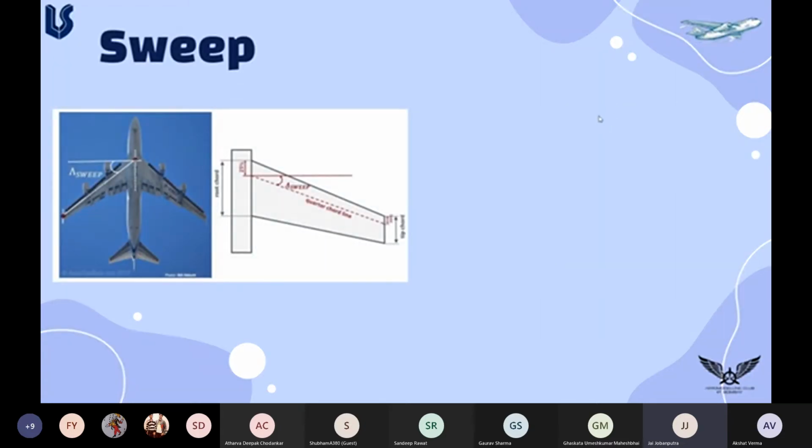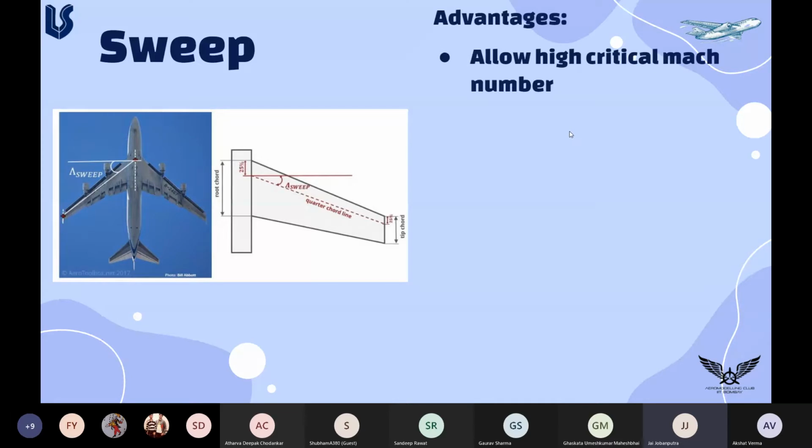sweep. This is a pretty common thing in both RC planes and big aircraft. Sweep is something which I particularly don't like using in RC planes, but don't take my word for that. The advantages of sweep are simple. It's mostly for higher velocity planes. When the velocity of the plane is near Mach 0.8, the air speeds up on the upper surface of the airfoil and slows down on the lower surface. But on the upper surface, when it speeds up, it might reach Mach number 1.